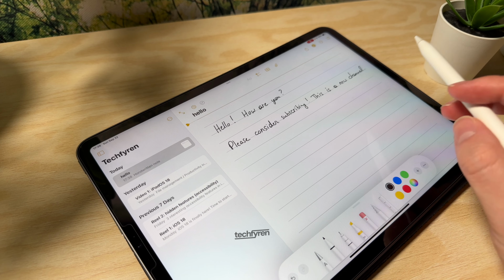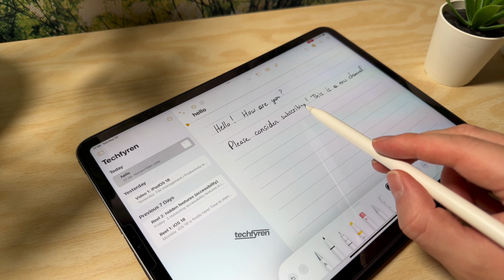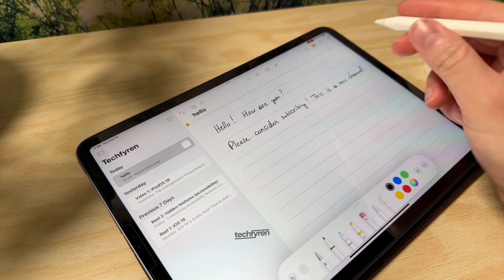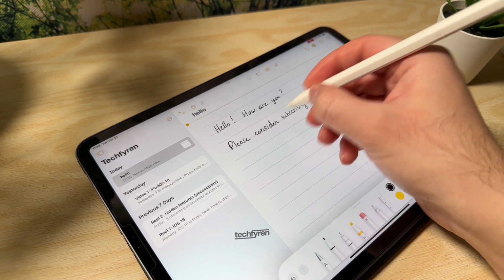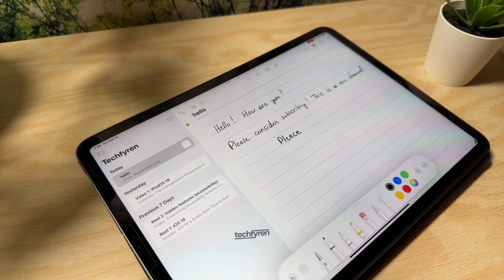And there we go. I'm not sure if you noticed, but there was something underlined here, subscribing. It was misspelled, so I corrected it just now. So let's say if I would type, please, like this,